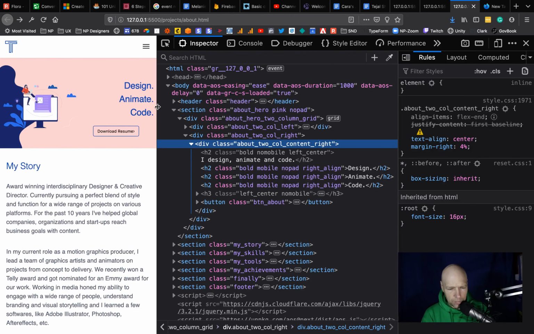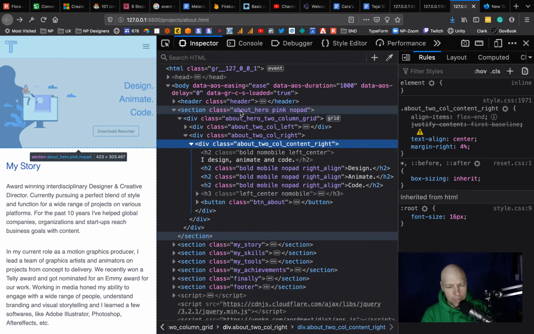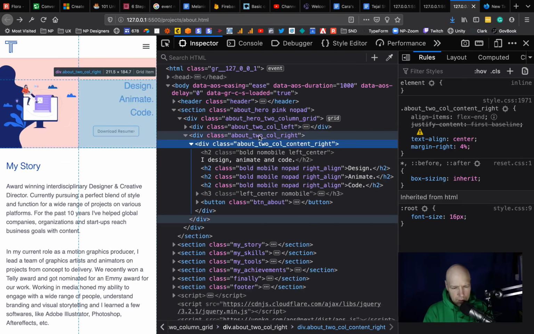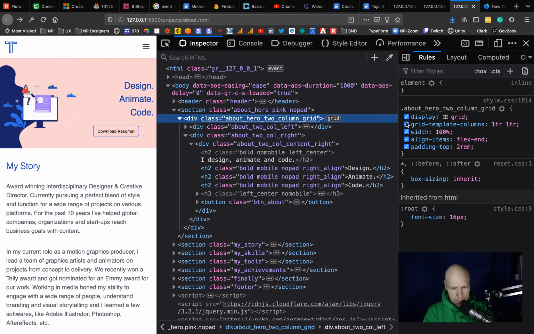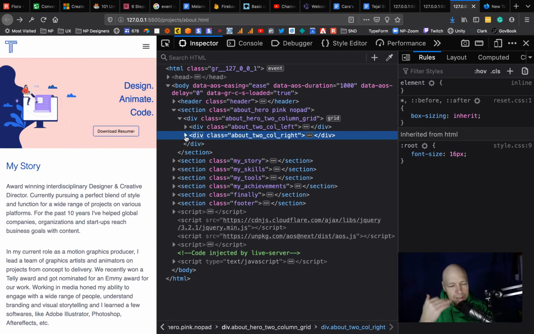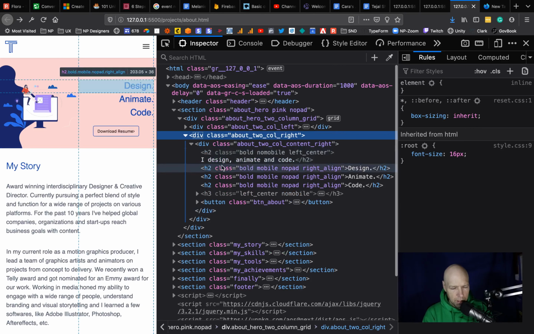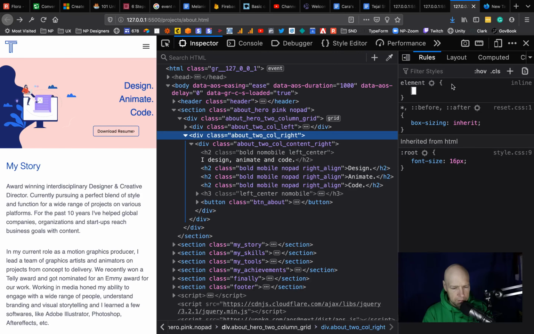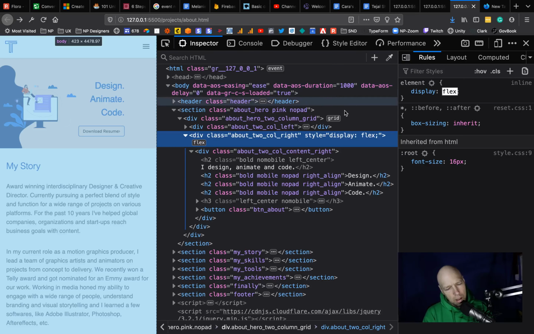Oh, and then I just wiped out my flex. Although it looks like you have flex suddenly. What's happening here? Okay, so this is grid. But that's okay, so that's for the whole thing, and that's fine. You can have flex inside of grid. So that's not an issue. But if we came in here and we said display flex, and then